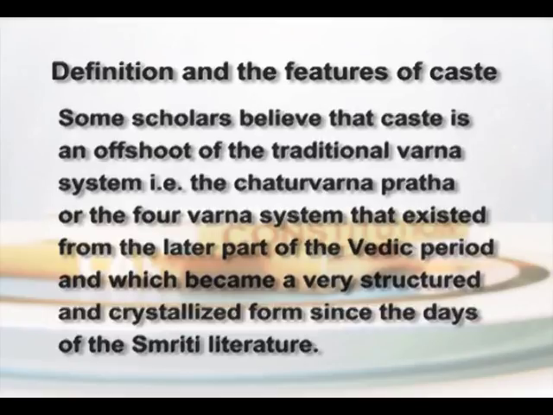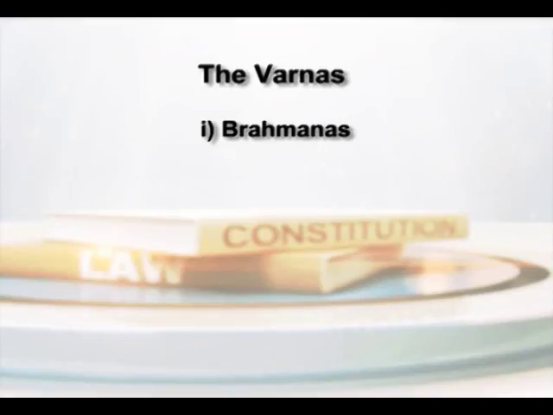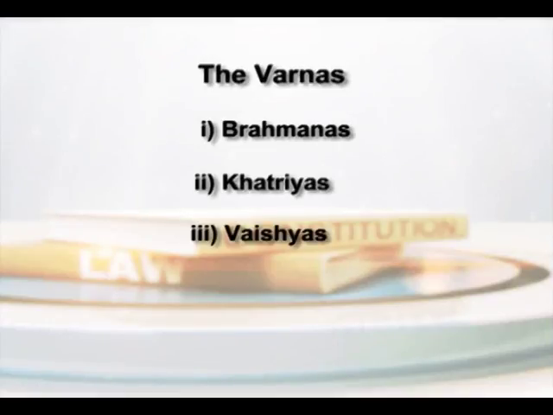According to that tradition, there were four Varnas: the Brahmanas, or those who are repositories of knowledge, or in other words, whose powers derived from the resource called knowledge. Then the Kshatriyas, who were mainly the warrior class, and the royalty was derived from this class, and whose source of power was derived from political resources. The third one, the Vaishyas or the trading class, whose power was mainly derived from economic resources,